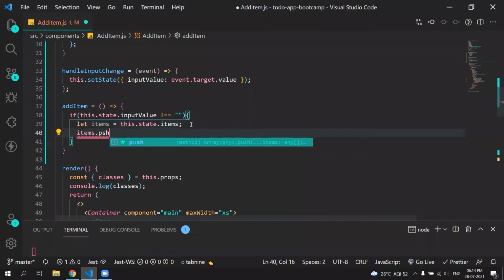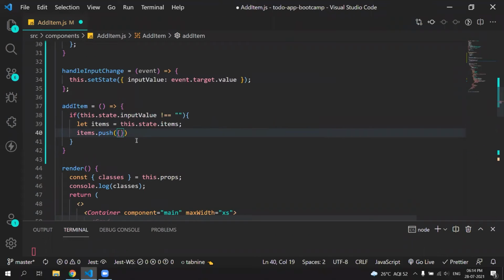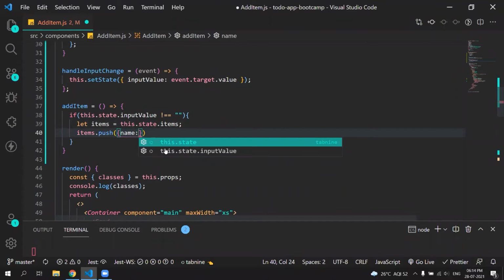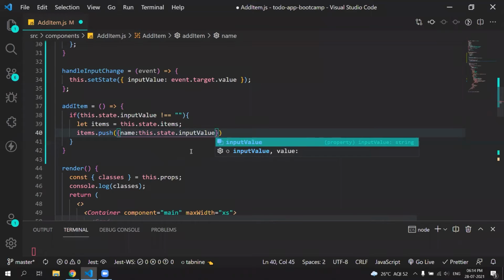We have a method called push, which adds a new index into the array. I'll push an object, and my object will include the name, the name of my to-do list item. To add the name, I'll just add this.state.inputValue, since we have the value, right?